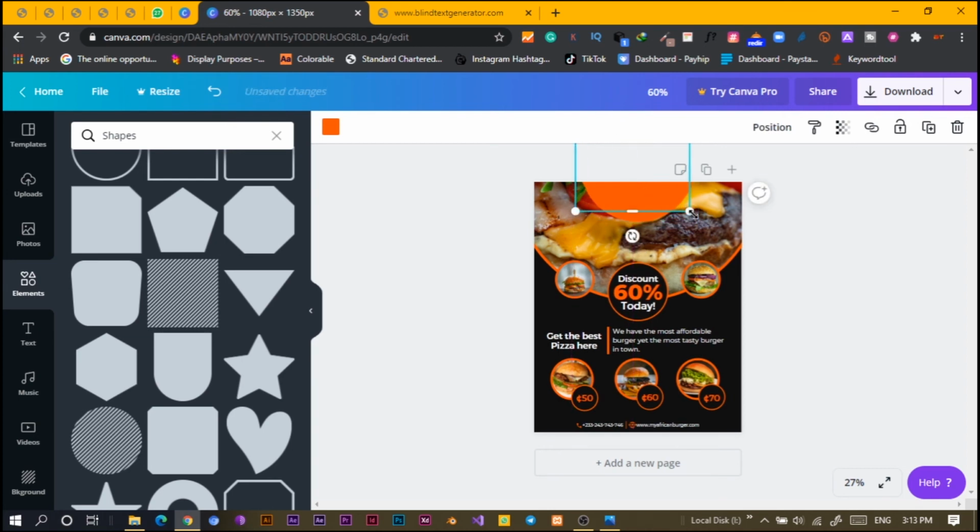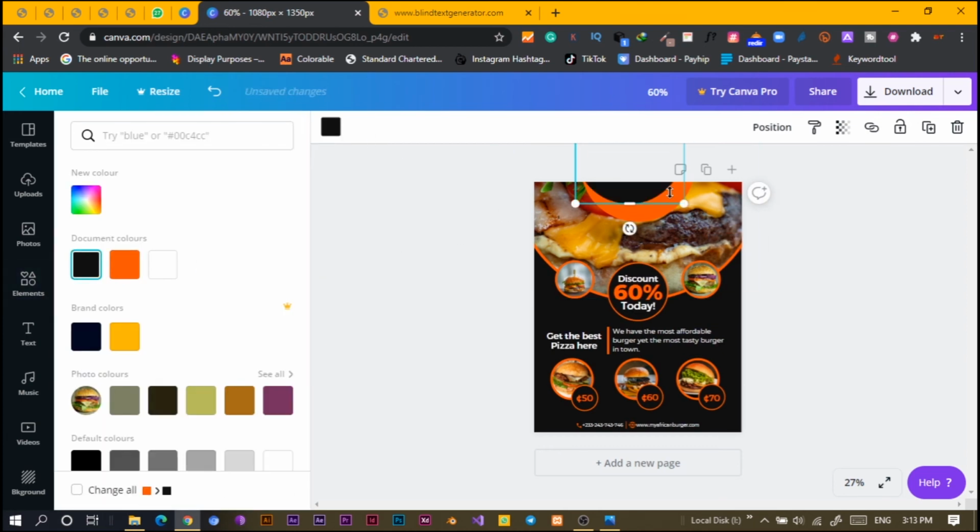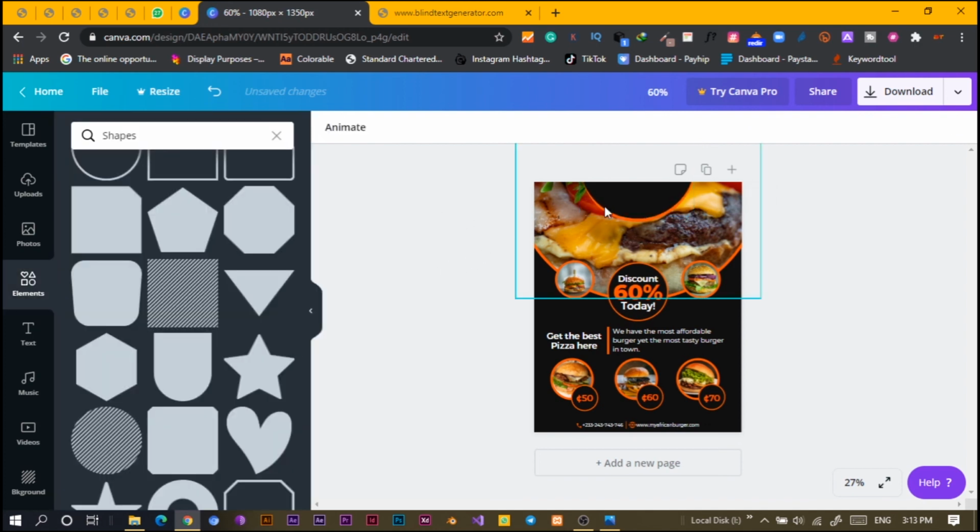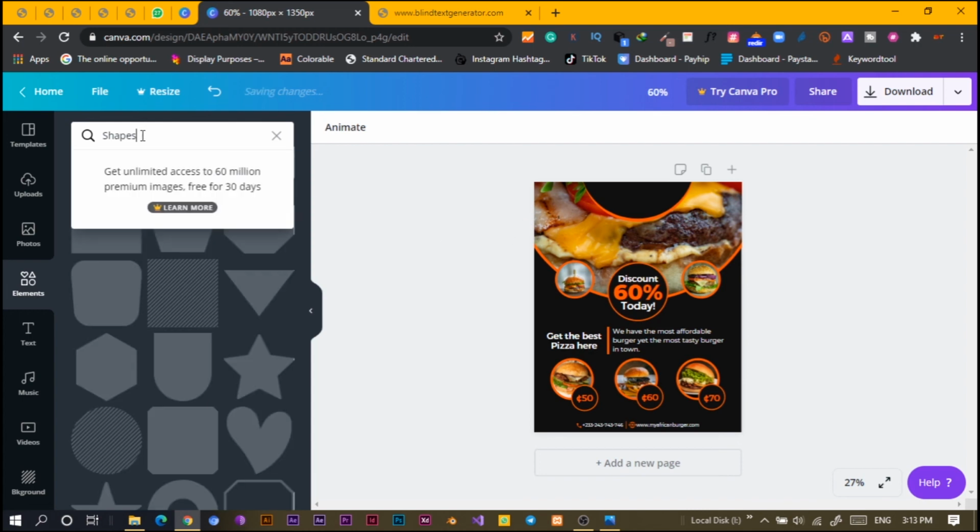Okay, you can reduce the size one touch and change the color two touches. Okay, then reduce the size small. Okay, let's reduce the size. Okay, I think this is fine, and we'll search for